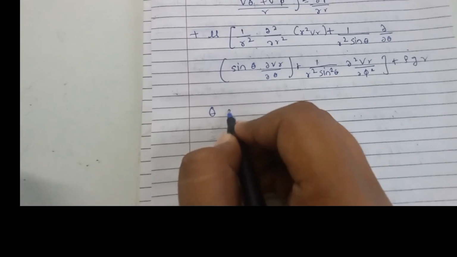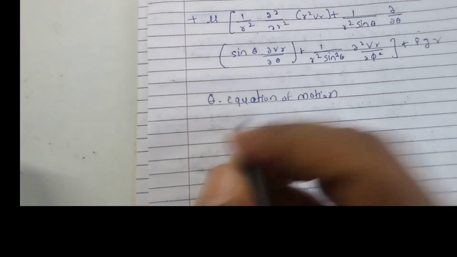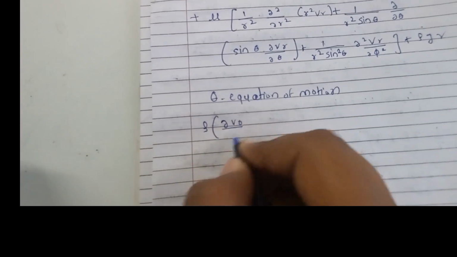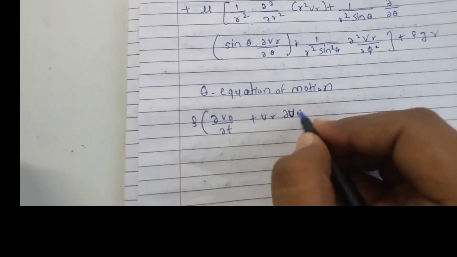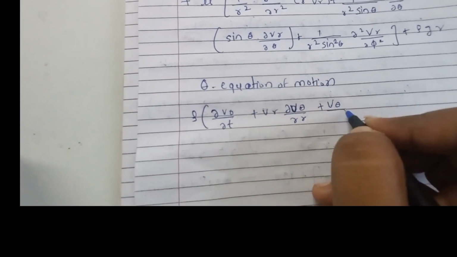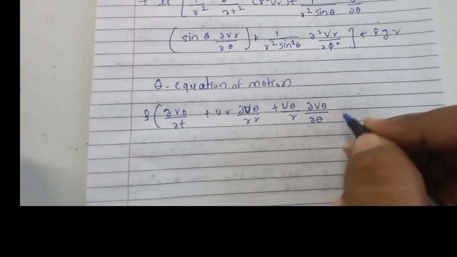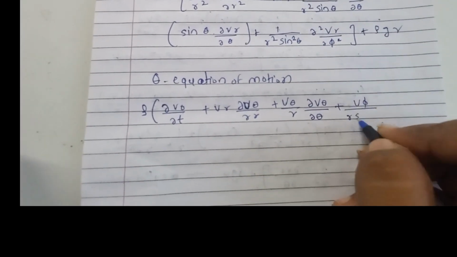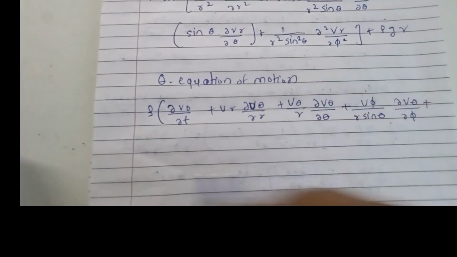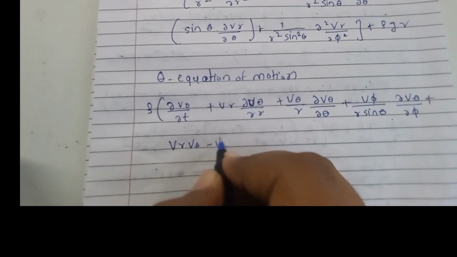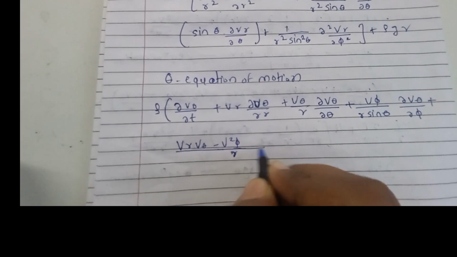Similarly, we can write the theta equation of motion, that is density into del V theta upon del t plus Vr into del V theta upon del r plus V theta upon r into del V theta upon del theta plus V phi upon r sin theta into del V theta upon del phi. Actually these terms are so complex to derive, that's why we derived here only the equation of motion for Cartesian coordinates, that is the x, y and z direction,